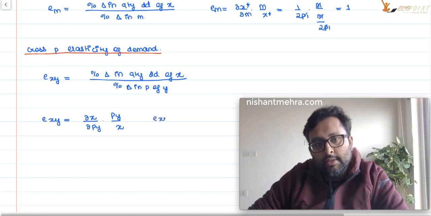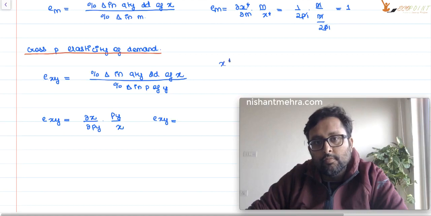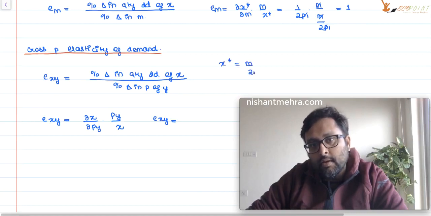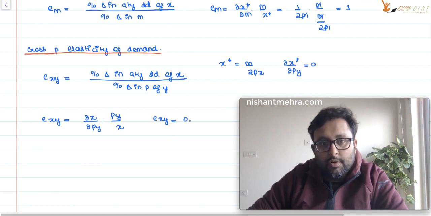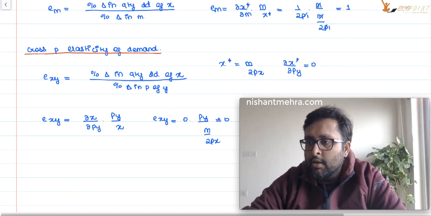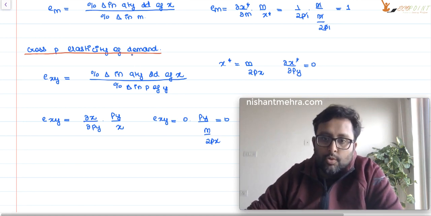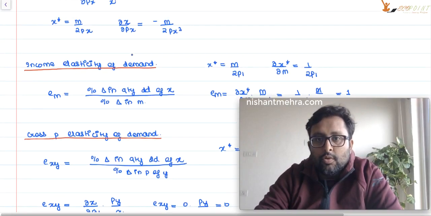So in this case, your EXY is going to be del X by del Py. Sorry, X star was M by 2Px. So del X star by del Py is equal to 0. So it will be 0 into Py upon X star. It doesn't matter because you're ultimately going to get 0 only, right? So in this case, your cross price elasticity of demand is going to come out to be 0. The goods are not related to each other. So this is what you have done